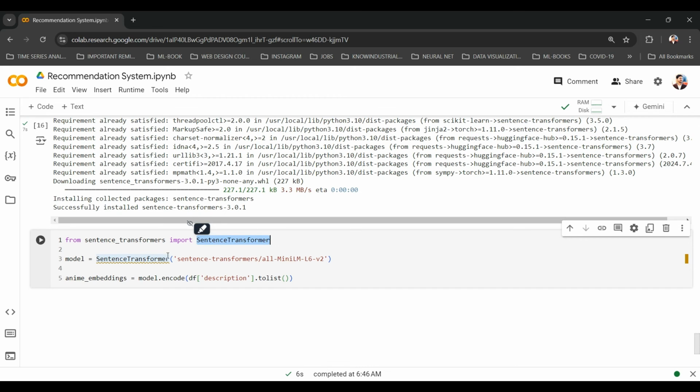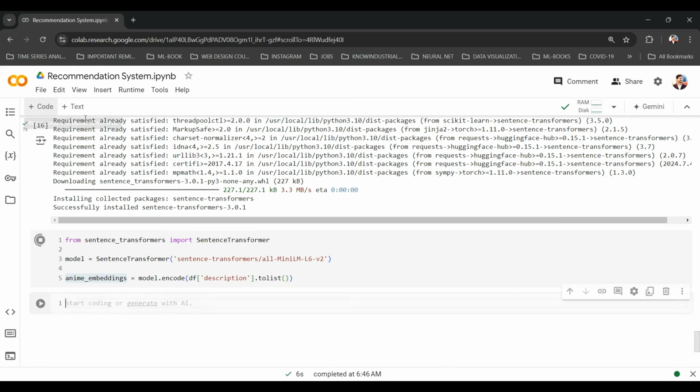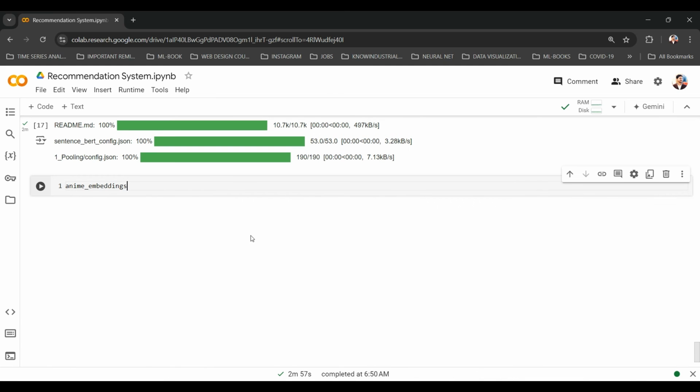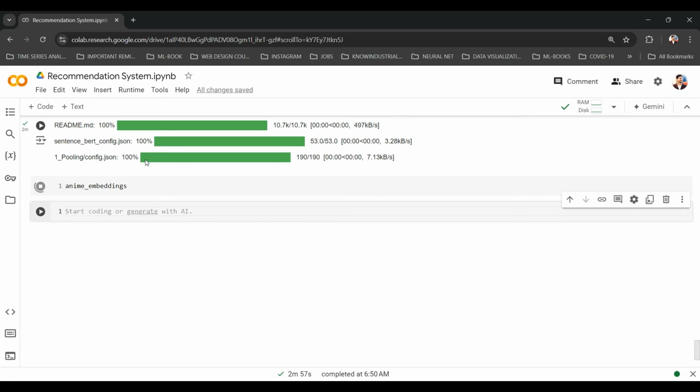So we have imported sentence transformer, we got the model from the sentence transformer library, and we will be passing in our description to our model. We are saying model.encode. This will do all the things that we have done before. After that, we can just print it to confirm this is doing exactly what we have done. It will take some time. It has finished running. I'll just run this and show you.